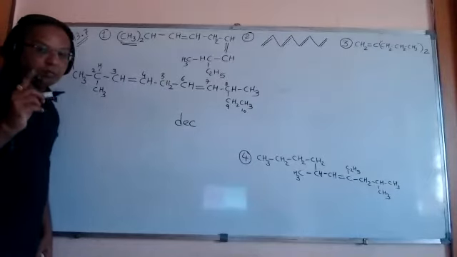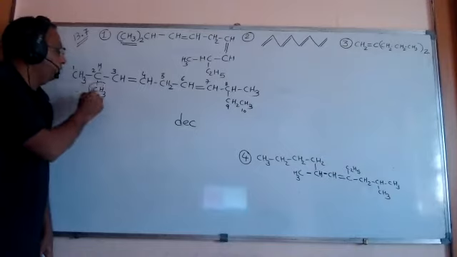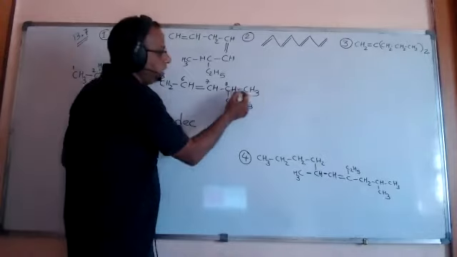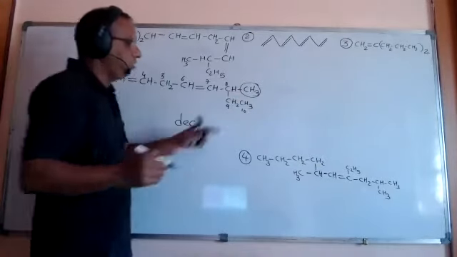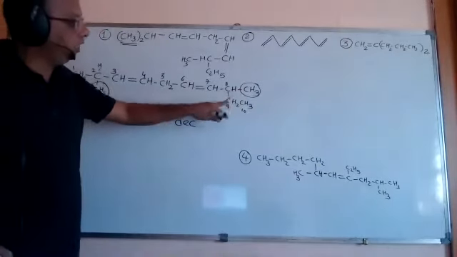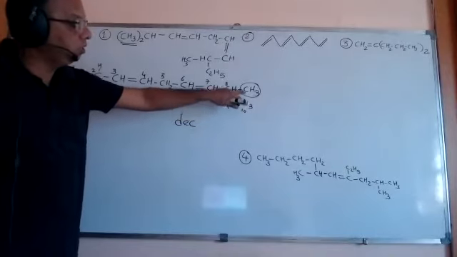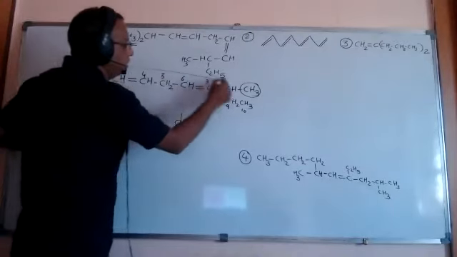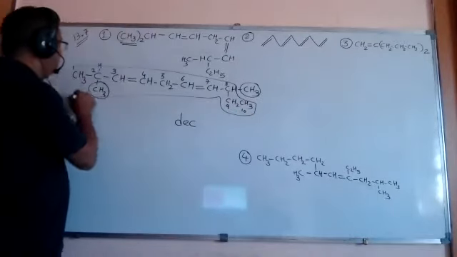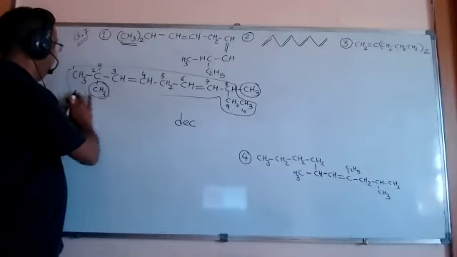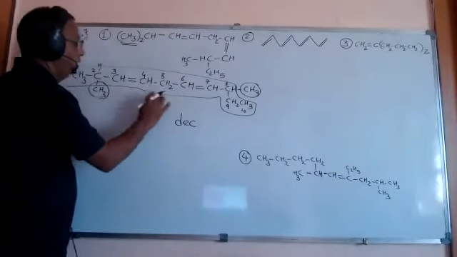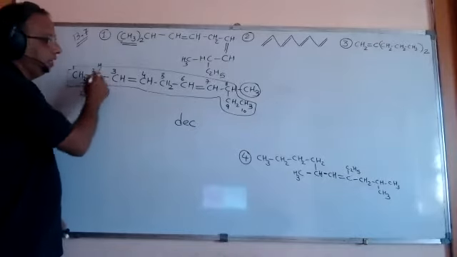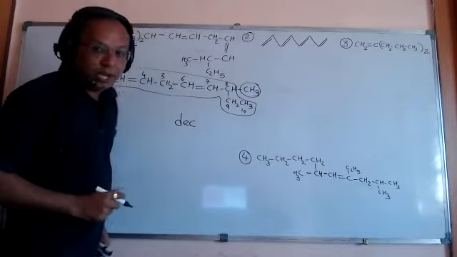After that, friends, we have to find which numbers have branches. So the second carbon has one branch, and the eighth carbon also has one branch. This is written in the chain, but as here there are two carbons instead of one, we should take them in the chain. So our chain is like this. This is our main chain having 10 carbons. So you can see now there is one branch on the second carbon and one branch on the eighth carbon.